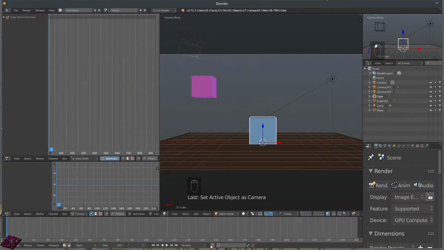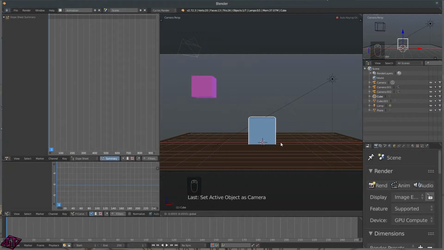I don't hardly ever use this, but it is good. I'll show you what this does. You can click on automatic keyframe, and then you got automatic keyframe insertion using active key set only. We'll just make sure that this little record button's clicked,